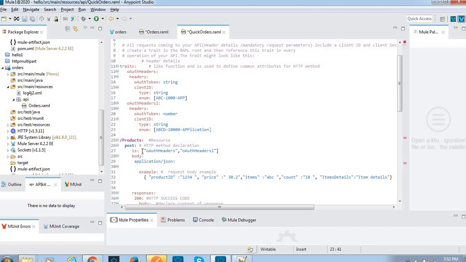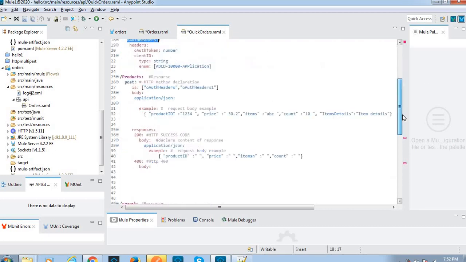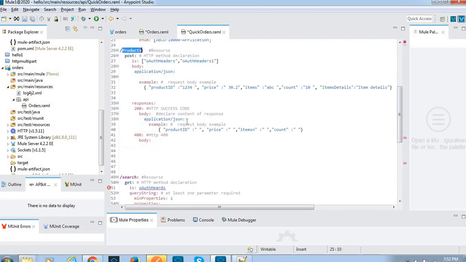Inside the array we can pass these 2 functions, and this is one resource we have. This is one more resource.